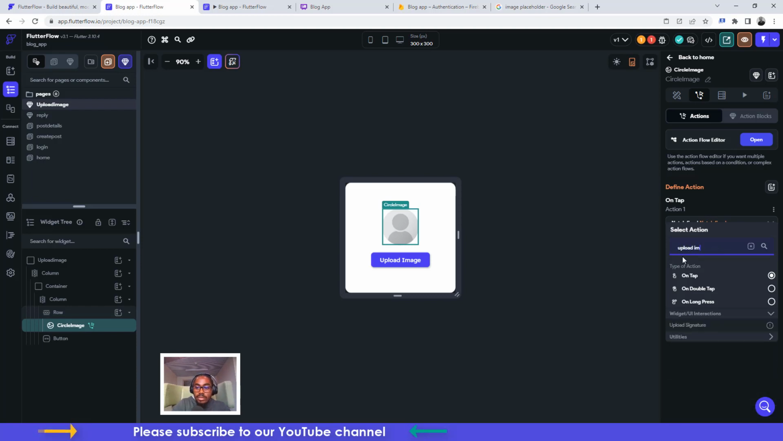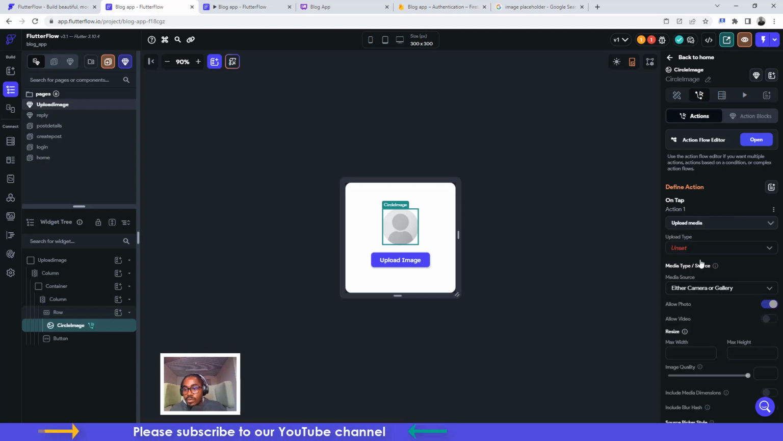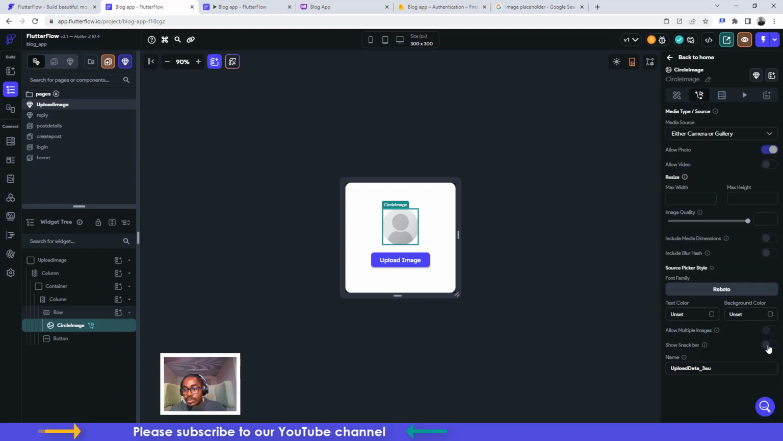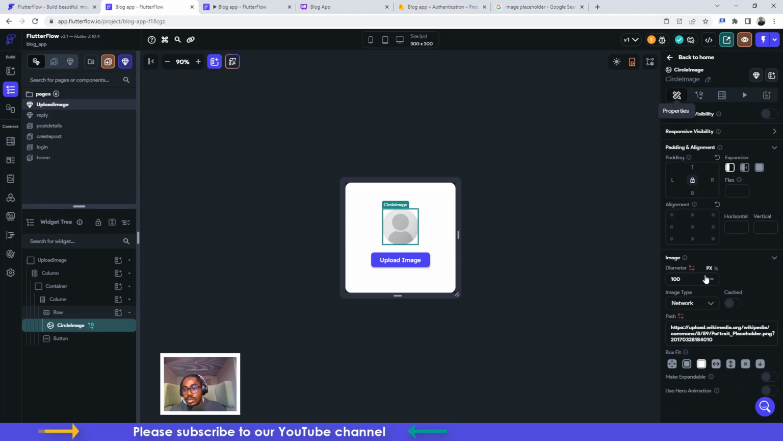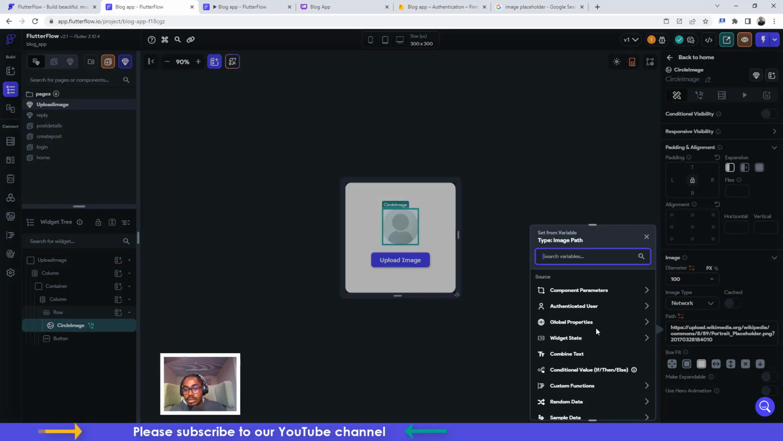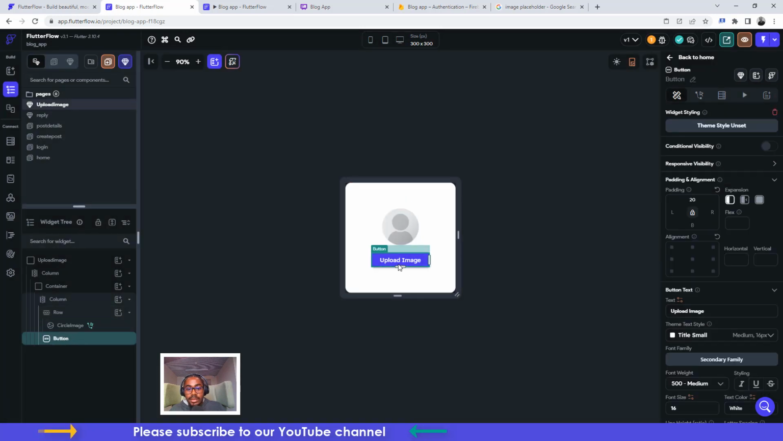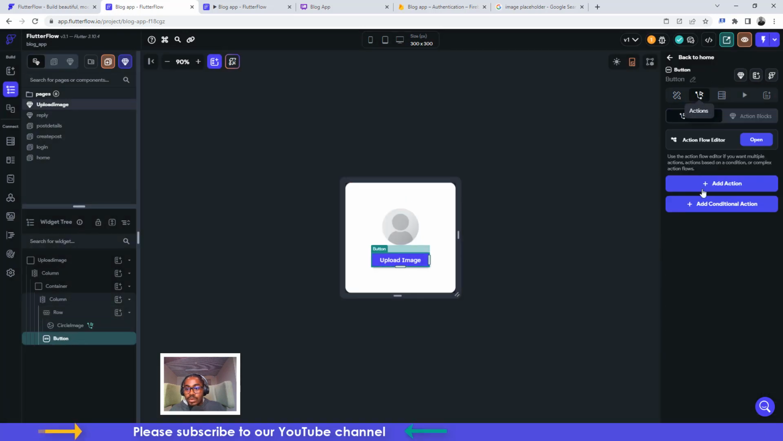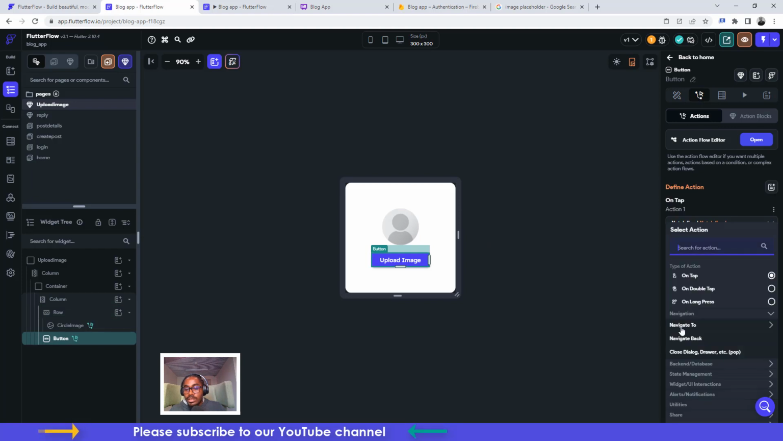So upload photo using Firebase. We're going to say show snack bar, and then after it has uploaded, this same image here is going to be what displays the uploaded image. So we'll say widget state uploaded file, and then here is where we want to update the user